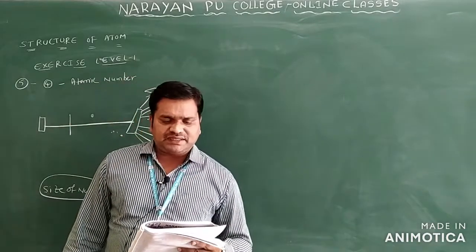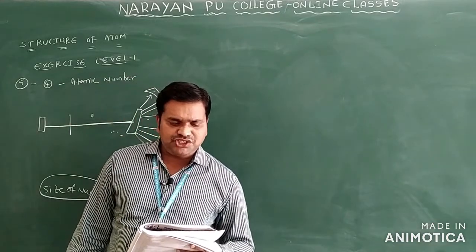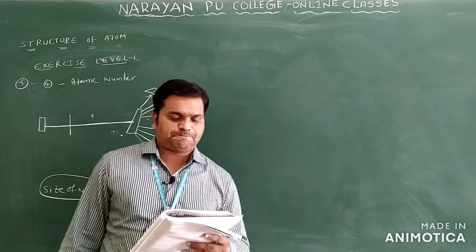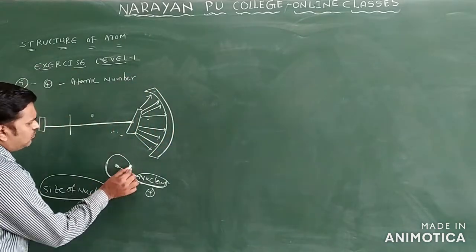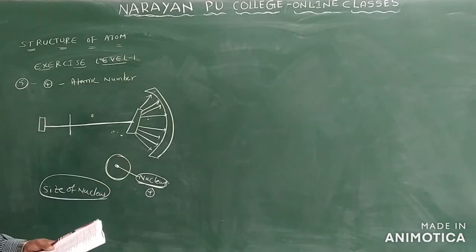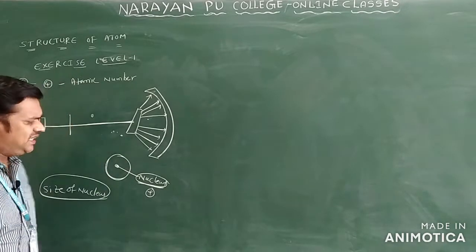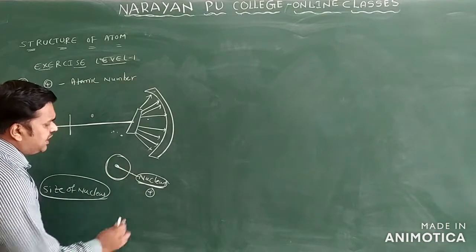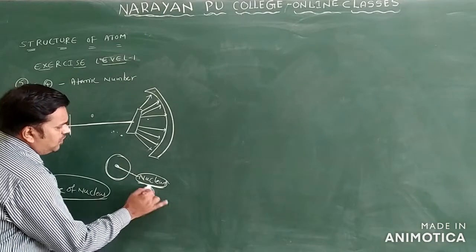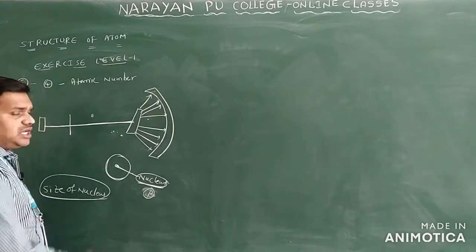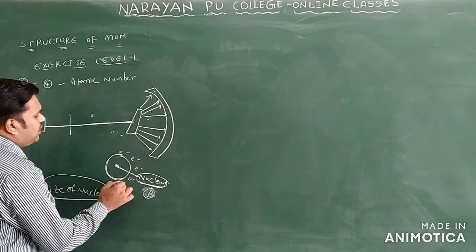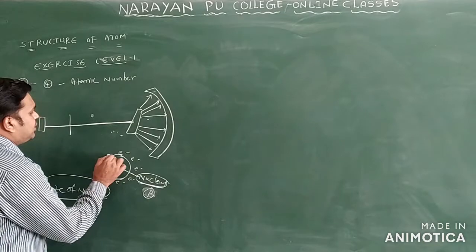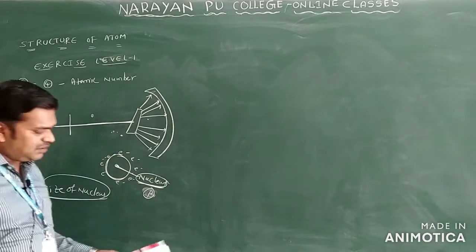Next, Rutherford's alpha ray scattering experiment eventually led to the conclusion that, so what is the conclusion they have given here? If you take the atom, most of the space inside the atom is empty only. Inside the atom there is the nucleus. The nucleus is composed of protons only. Protons are present inside the nucleus. The electrons are present outside the nucleus. So they revolve around the nucleus in circular orbits only.